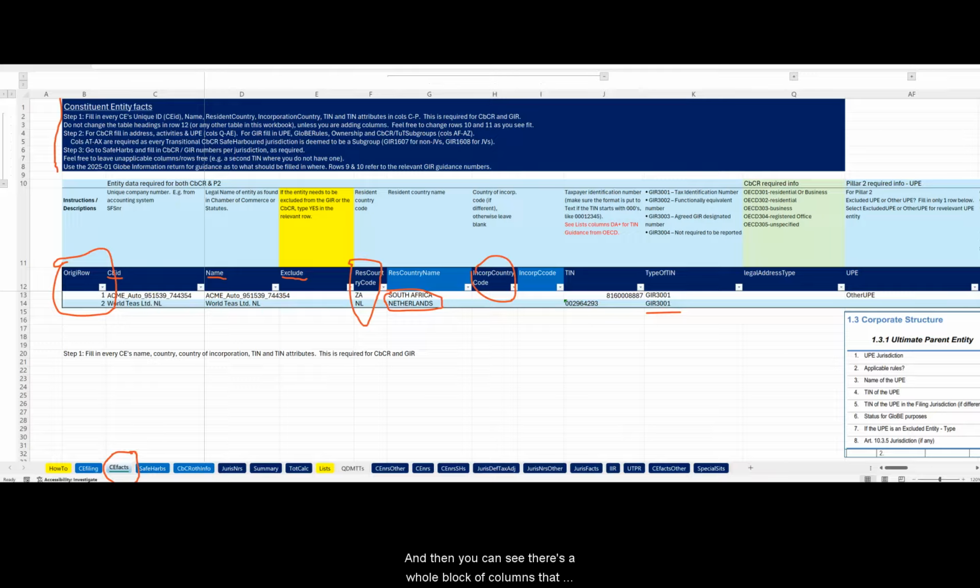And then you can see there's a whole block of columns that we skip from Q to F, because those are related to CbCR, and we're not doing the CbCR, but you can use this tool for CbCR if you wish to. And then you have the same source of data for both files. What you must fill in is column AF to say which entity is the UPE, and whether it's an excluded UPE, so it's basically an excluded entity, or whether it is another type of UPE, so you fill that in here. And I've added for you, where it made sense in the tool, the references to the